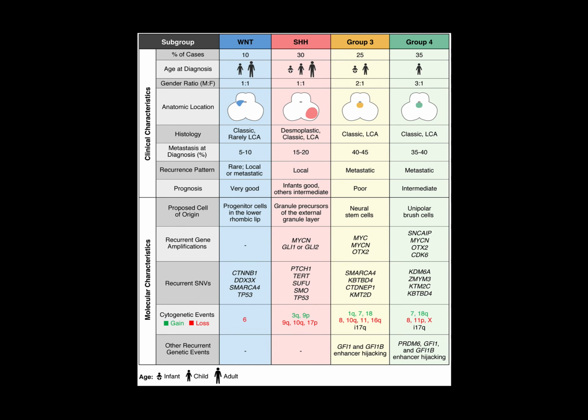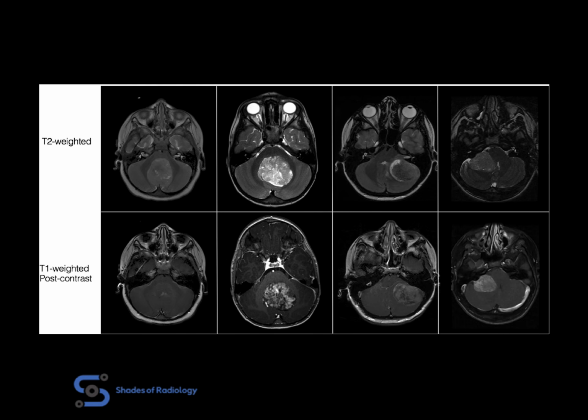In relation to medulloblastoma, today we shall see all the classic imaging features and how they correlate with the molecular or genetic subtypes. Medulloblastomas are of four classifications: the wingless type, sonic hedgehog, that is SHH, group 3 and group 4 types. So let us see how this can be related to the genetic or molecular subgroups. These are all four cases of medulloblastoma. How do we differentiate the imaging features and fit them into a molecular subtype?